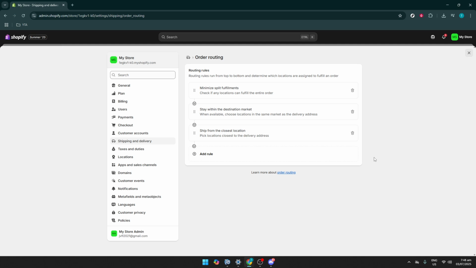And there you have it. You've navigated through the essential steps to access and manage your shipping and routing settings in Shopify. With these adjustments in place, you can improve the experience for your customers and enhance the operations of your e-commerce